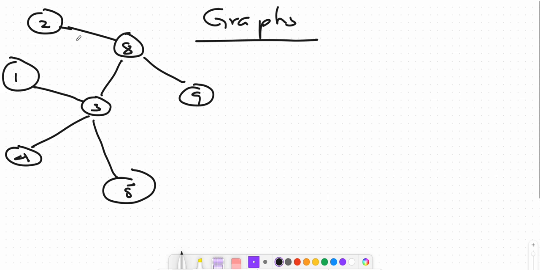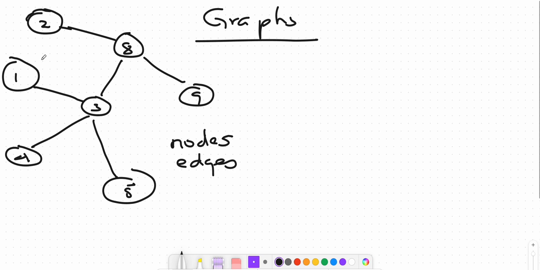These circles we call nodes, right? And the lines that connect each node we call edges,